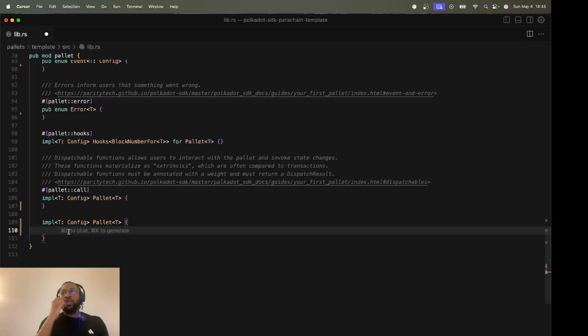And usually those execute the functions in this. They don't execute calls. They execute helper functions, or they change your storage items. So we want to define the reputation change as a helper function, not an extrinsic. Don't know if that makes sense to you guys, but if you have any questions regarding what I just explained, feel free to ask.